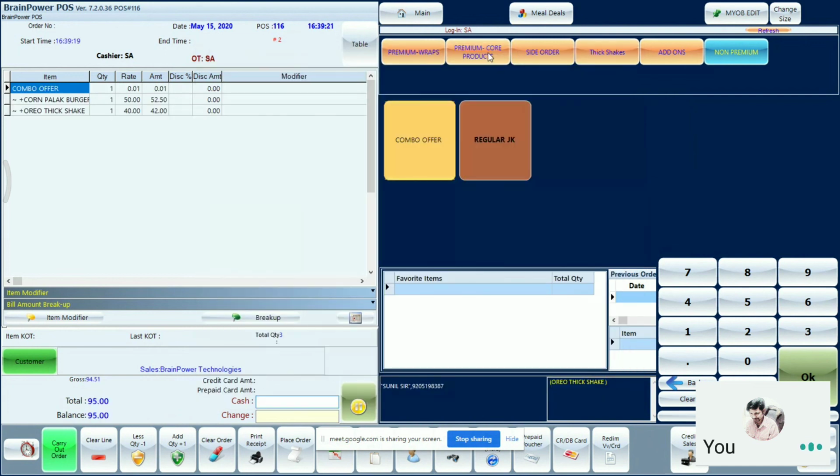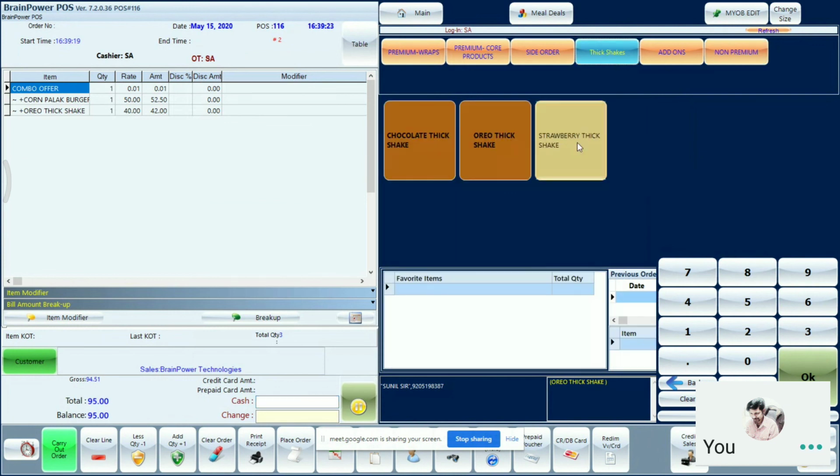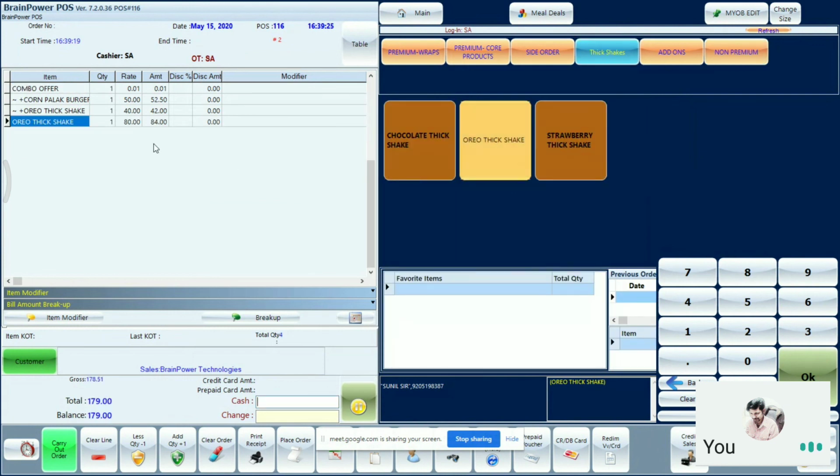But when I go to my Thick Shake option and select Oreo Thick Shake, it is configured for 80 rupees. So this is the add-on option which is configured here, which we discussed when we were discussing the Zomato menu. Okay, so the menu configuration is possible. Yes, yes, continue.